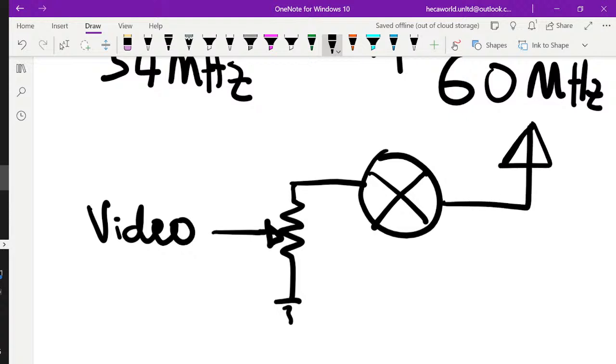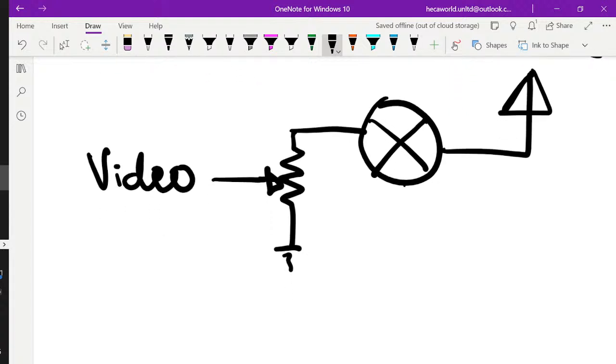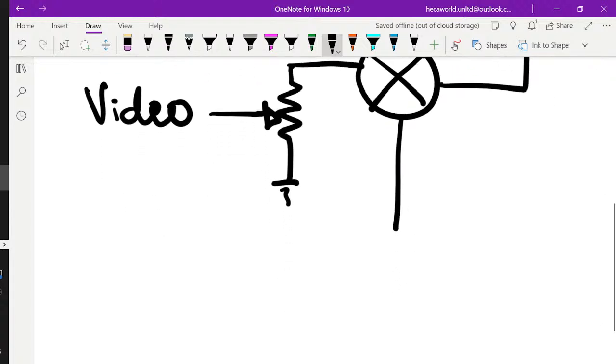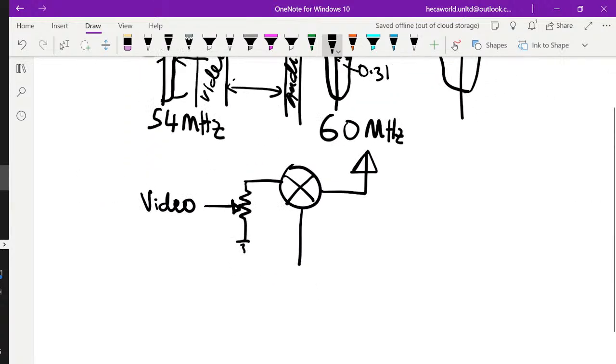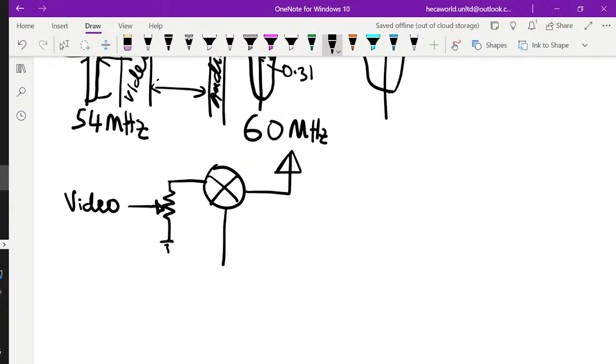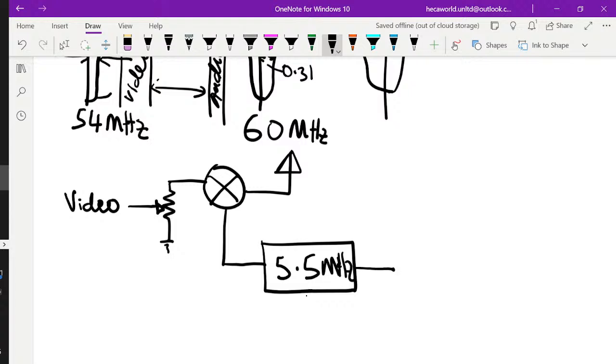We always draw an antenna that way, but then you need the audio signal. Now your audio signal, let's make this a little bit smaller so we can see everything together. Now your audio signal has to go through, let's say we have an oscillator here, a 5.5 megahertz oscillator, or in this case we're using a 6 megahertz oscillator,